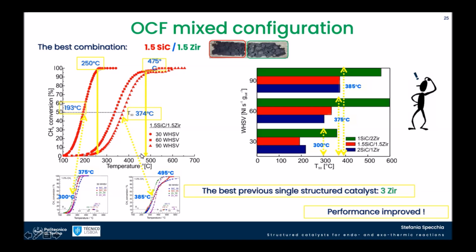Also at the highest space velocity we were able to gain. The gain was lower compared to the space velocity of 30, but anyway, we had a gain. So by using the two different configurations, with this very conductive foam at the very beginning of the reaction, we were able to improve the performance. And based on this, we went for